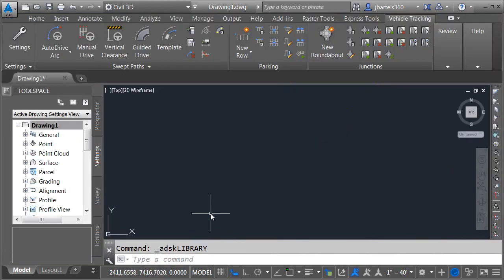Now that we understand how to locate and select vehicles within the Vehicle Tracking Library, we're ready to move on to the next session where we'll use one of those vehicles to perform a swept